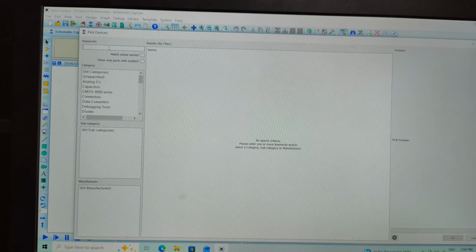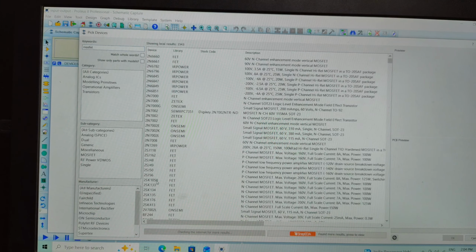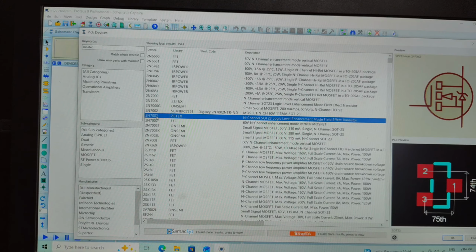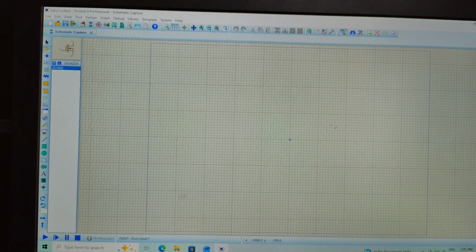Go to P, select the component here, P. At P click, you will get the option MOSFET. Now from here you can select a MOSFET. Suppose I am selecting this MOSFET 2N7002. Select a MOSFET, place it here, and then go to the